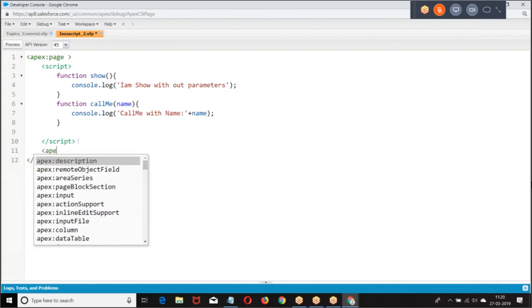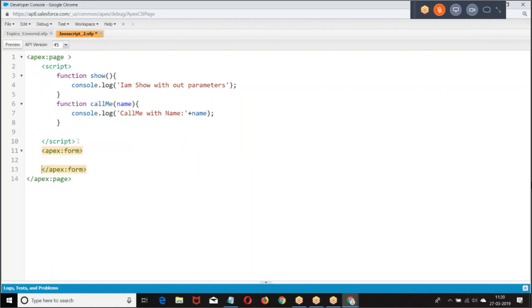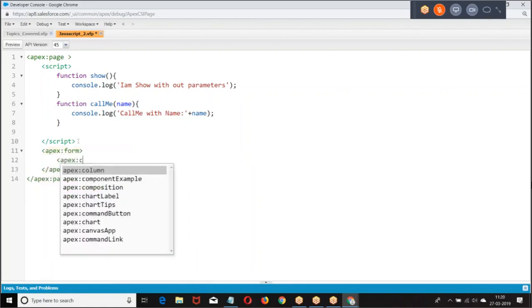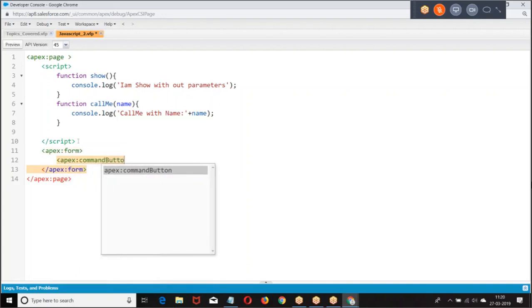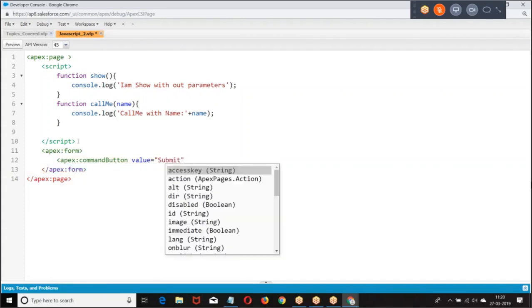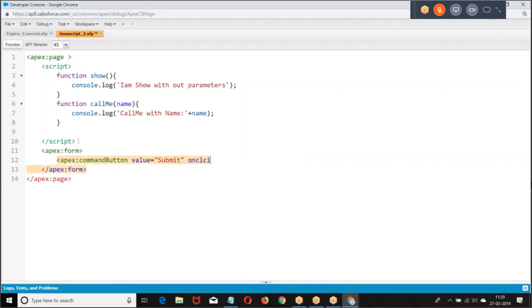Now how will the function be called? The function will be called when the event occurs. Apex command button, or click.